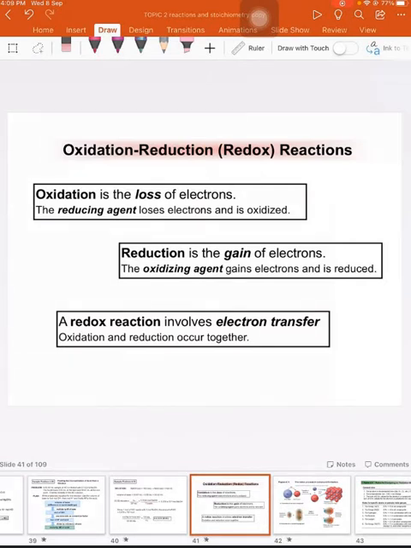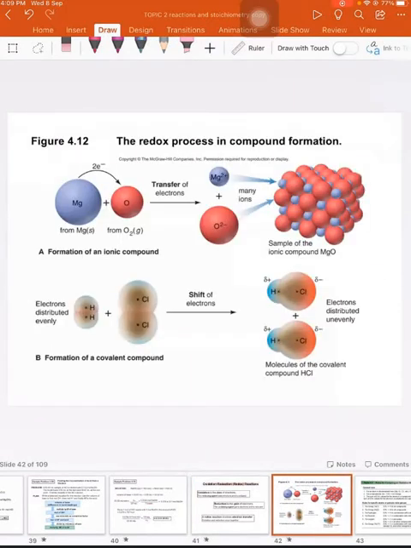Okay, and then on top of that, satu lagi benda yang berkait dengan redox adalah, if you refer to this figure 4.12, so nampak kat sini kita ada magnesium and also oxygen. Okay, kita ada magnesium, oxygen. So dalam proses ni, we can see that magnesium transfer 2 mole of electron. So maknanya magnesium undergoes process of transferring or transference electrons, or dia hilang electron, process of losing. Okay, so dekat sini kita kata magnesium undergoes oxidation,